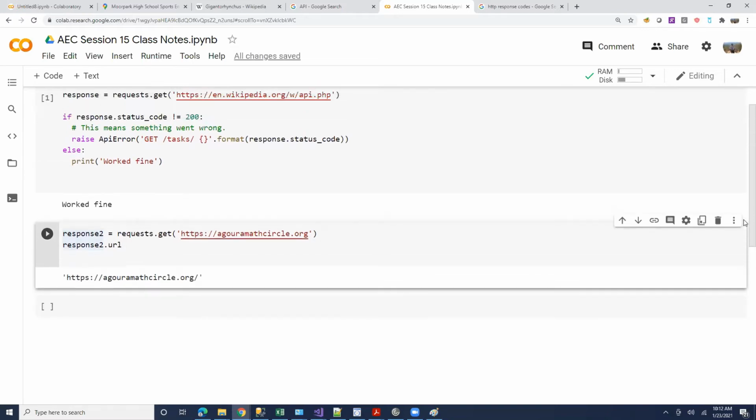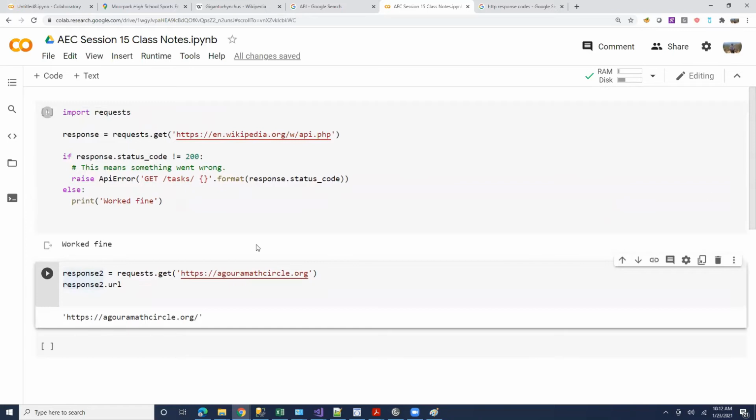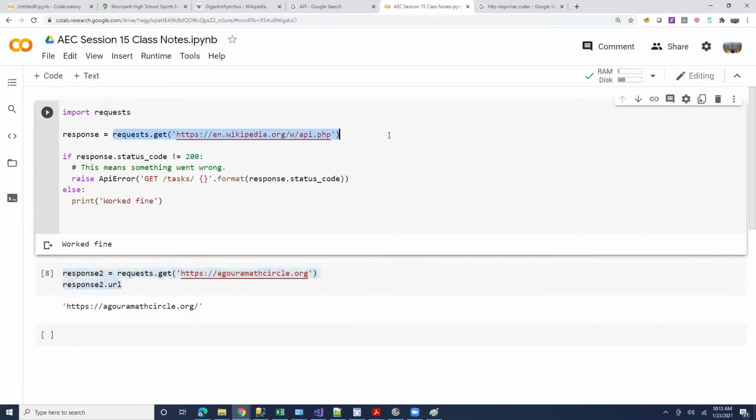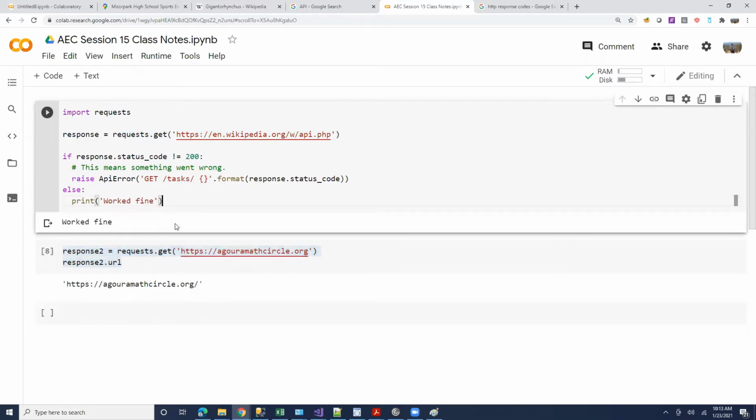So you guys can play around with this. My objective is not to go into detail in this one. It's just to cover at a high level what HTTP requests and responses are. We'll look at a little bit more. We are not done. So this is a simple GET request. Any questions?